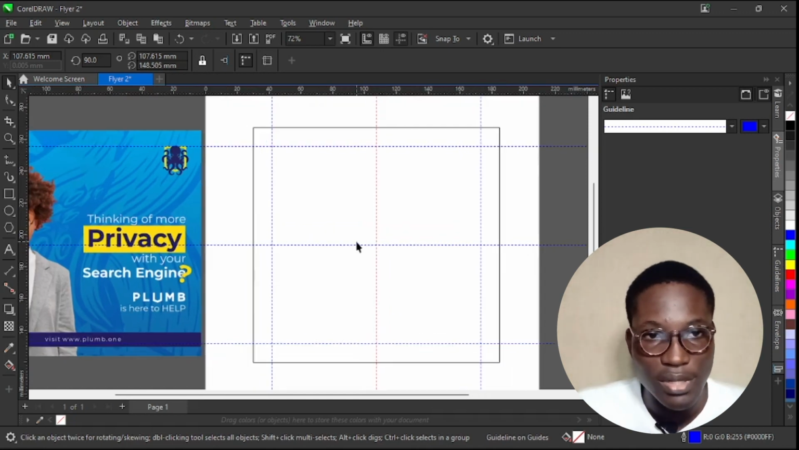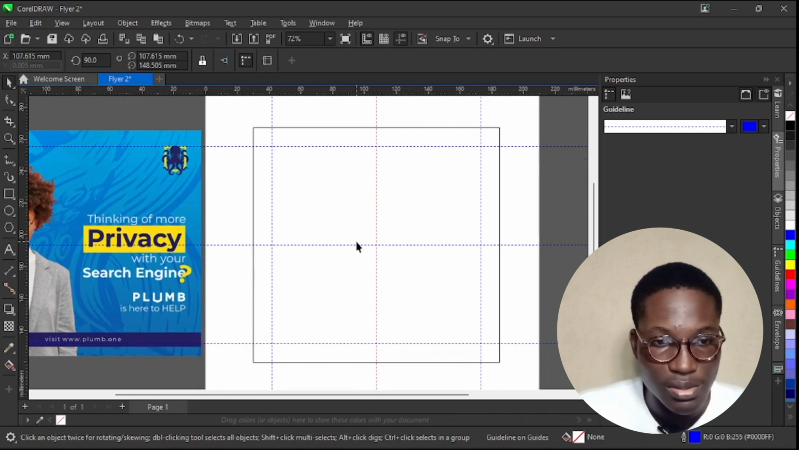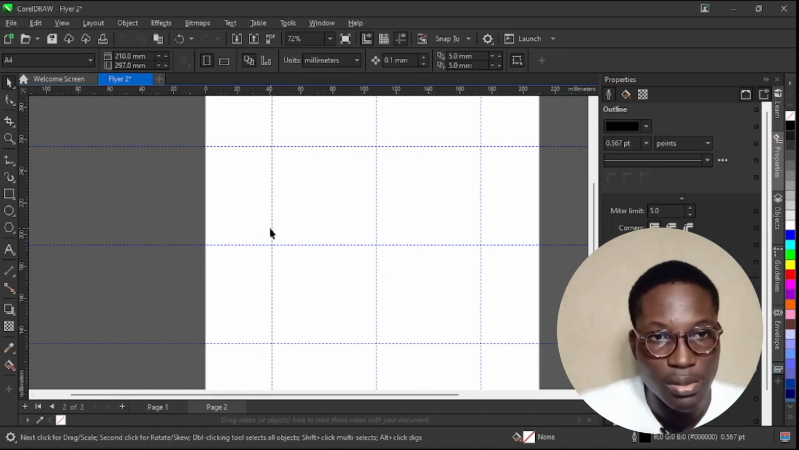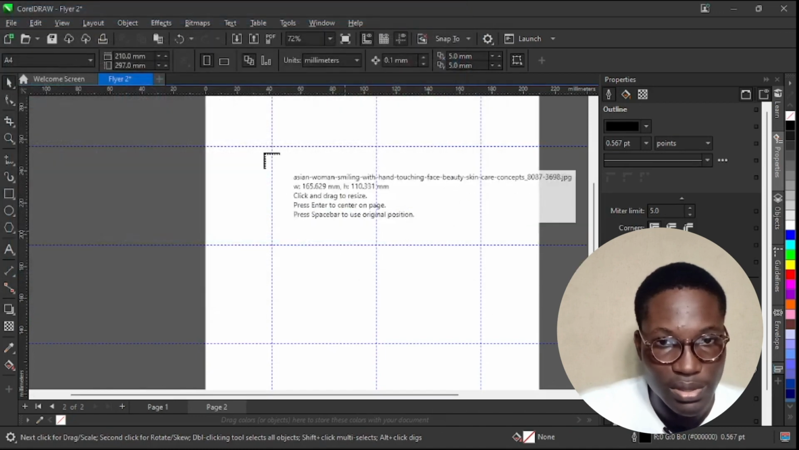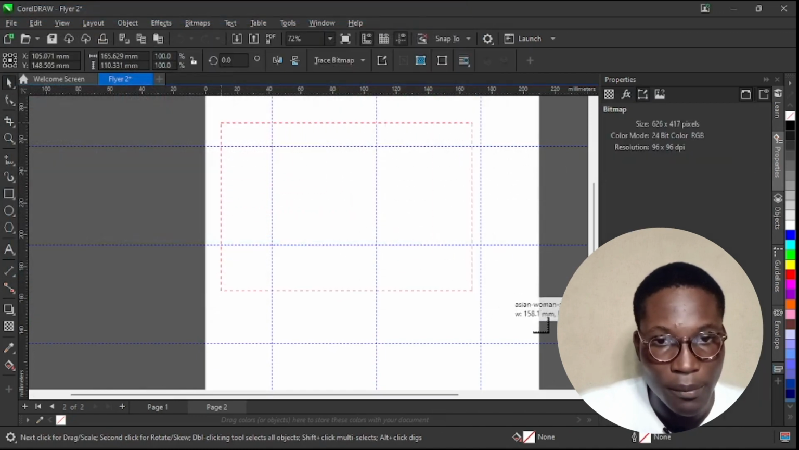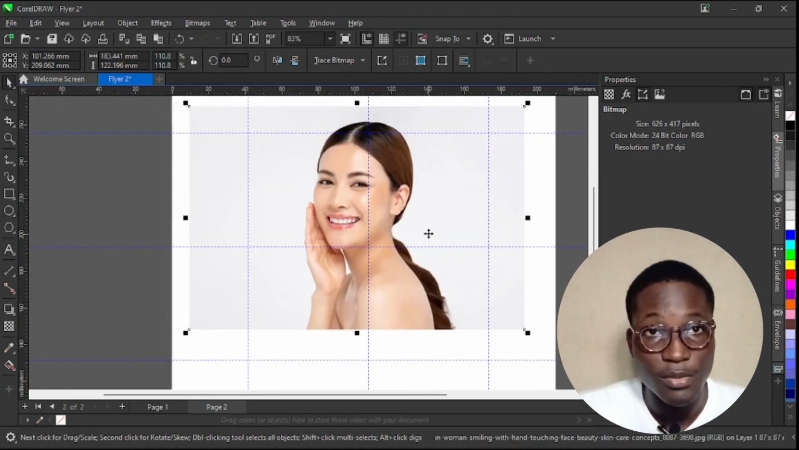So the next thing I actually want to teach you guys is how to remove the background from images. So to do that, let me create a new page. Click on this plus icon and let's import an image. Let me import this image as a sample. Now, there are actually 3 ways you can remove the background on an image, because there